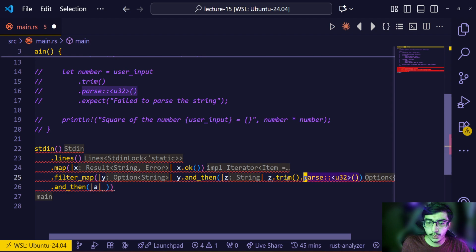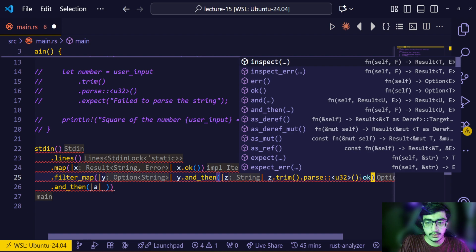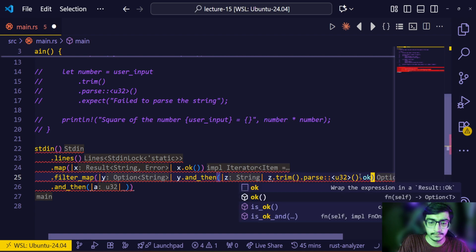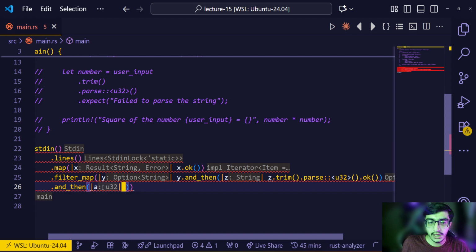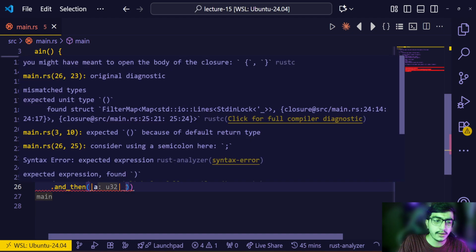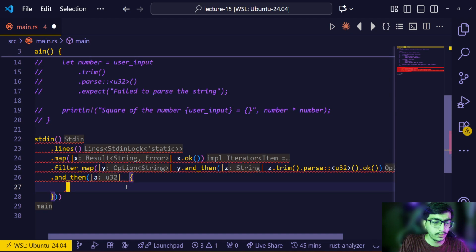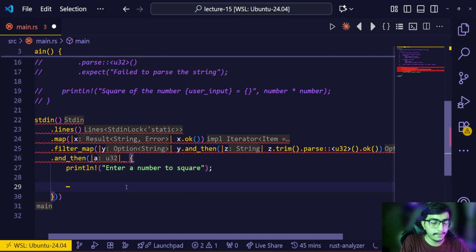Or let's say what we can do here, dot, okay, and we have u32 here. So let's say what we can do, let's just do one thing, println, enter a number to square, or let's just do this thing, and let's say what we will do, let's just square it and print the